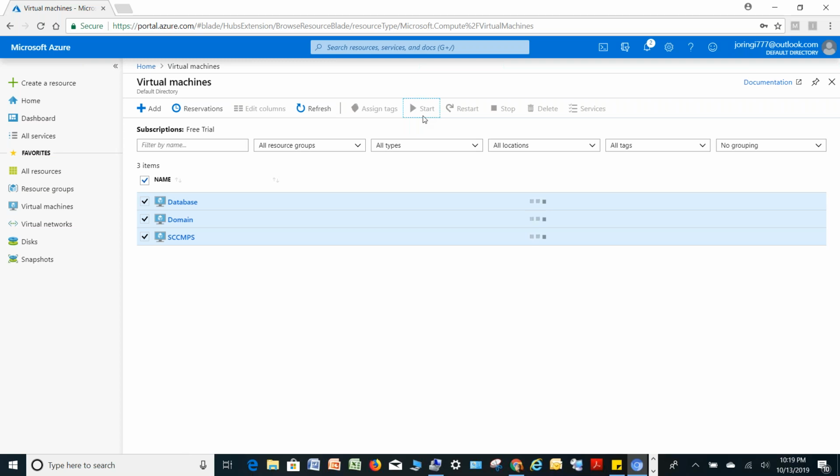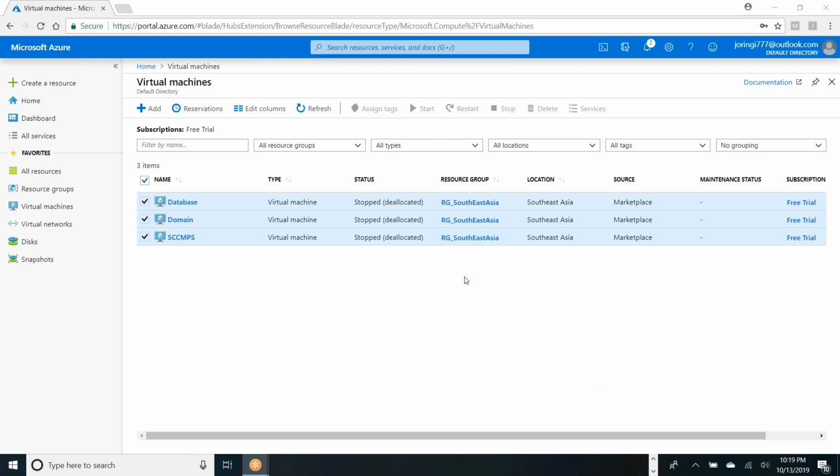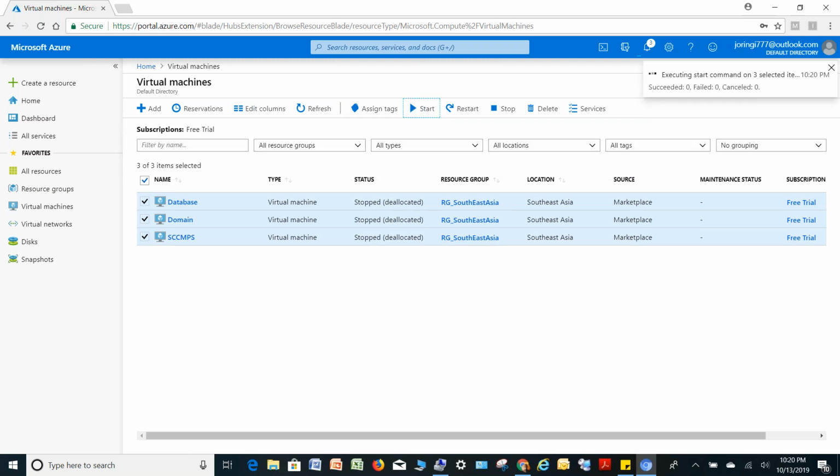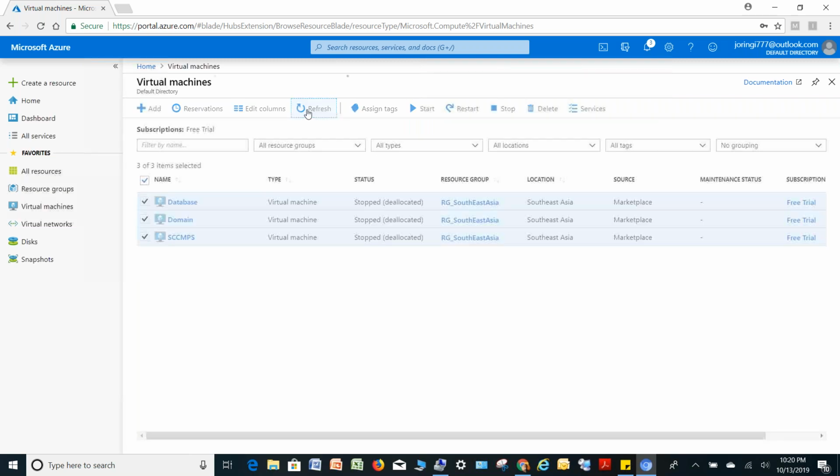Wait, looks like this is taking little more time. I'm gonna take control. Can you give me control, please? Yeah. Thank you. Okay, notice. You see these computers are in stopped mode. When it is a stopped mode, then you cannot log into these computers. So you will have to first start these computers. So every day before you join the session, you must start these computers and keep it ready. Now it will take a few minutes, probably 2-3 minutes, and then you will be able to log into these